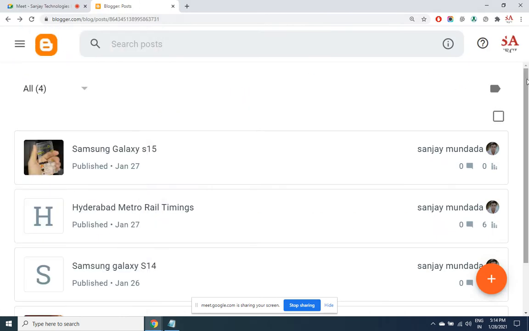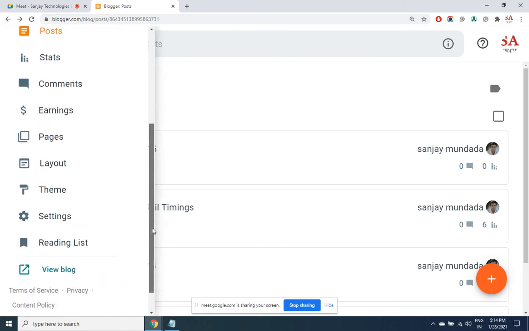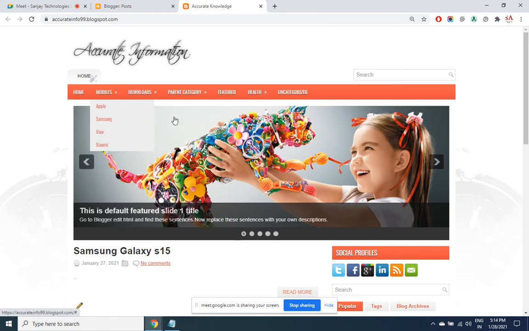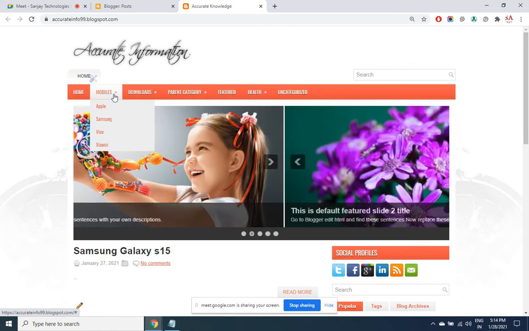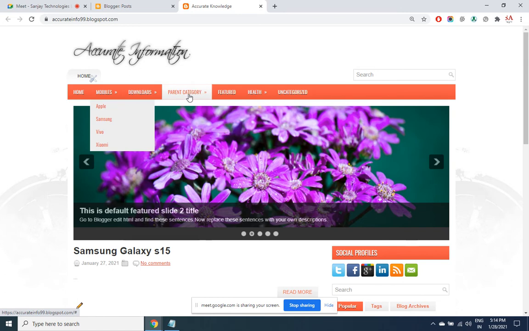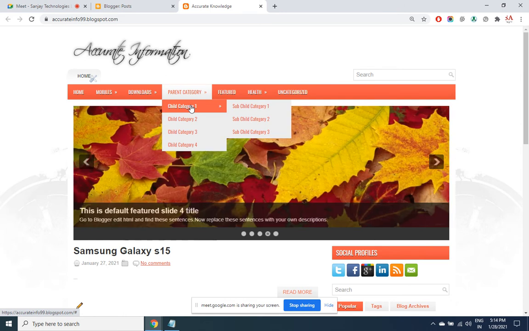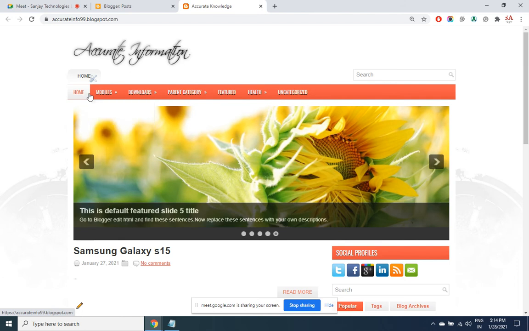I told you, below mobiles I want all the brands to be shown, and when the mouse is put on a brand, I want all the models to be shown. See here, when I put my mouse over Samsung, I want all the models to be shown on the right side. For that, what can be done? What is the logic to be applied? I have one such menu item already here, which is offering me even a submenu. You have to copy the code of this and place it out here. Let us do it.